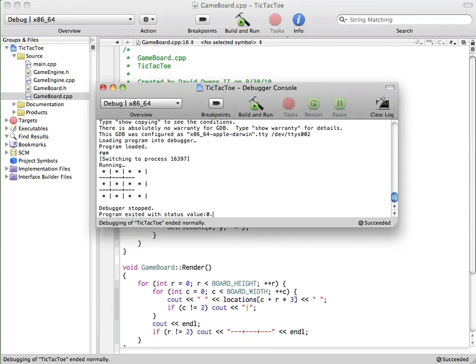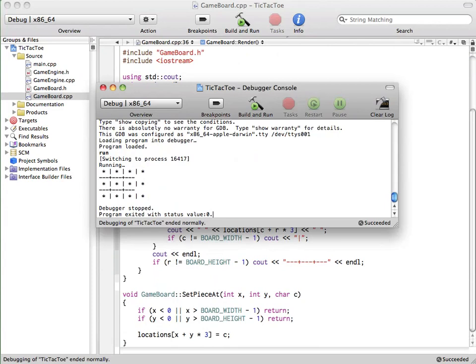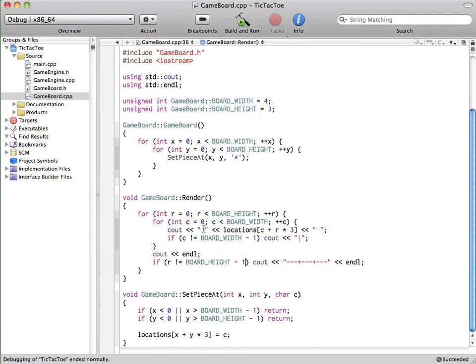Okay, so now if I actually wanted to change board width, we can see that, hey, we got board width there. And you notice, you know what? I got an error, right? This should be board width minus 1. And this should be board height minus 1. Okay. Which also means that this